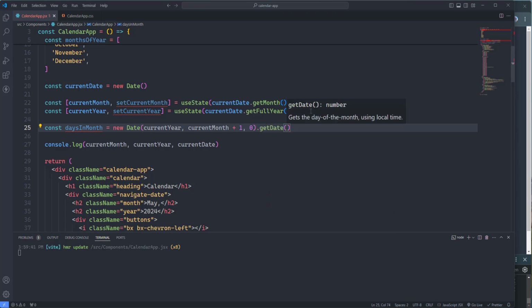Okay, so this line of code creates a new date object representing the last day of the current month. The first parameter is the year of the current month. Then we have current month plus 1, the month after the current month. As I said, months are 0 indexed in JavaScript, so adding 1 moves to the next month. Then we have 0, so setting the day to 0 actually moves the date to the last day of the previous month, which is the current month. And finally, we have here getDate method. This method returns the day of the month for the specified date, which will be the total number of days